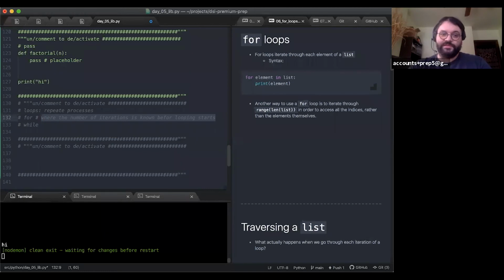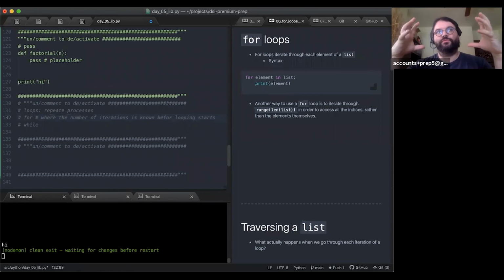And surprisingly, it's generally not. It's generally really easy to determine this, mostly because we quite often have a known number of items in the form of a list that we want to iterate through and examine each item.